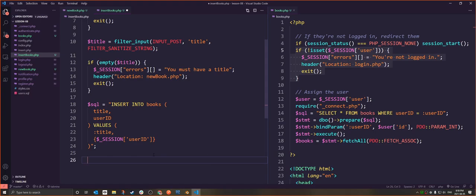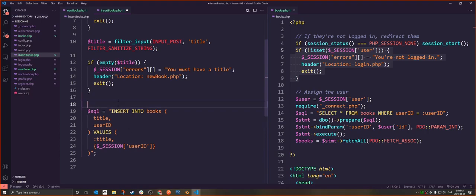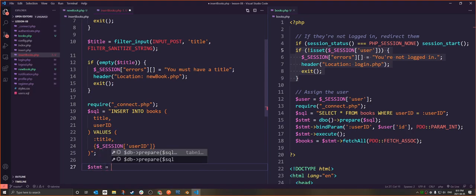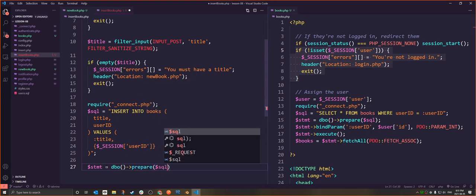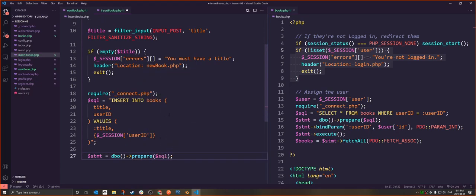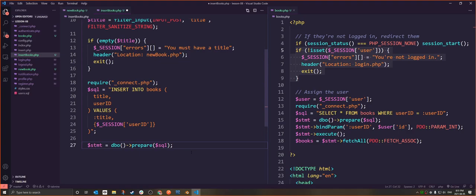Alright, so obviously this does nothing, right? We need to include our connection script, which usually I like to do above the SQL statement, above the things we're actually doing. There we go. And then we can go ahead and create our prepare. DBO prepare $SQL. Nice. So that's created our SQL statement. We've got it prepped. Obviously, we need to do our bind,